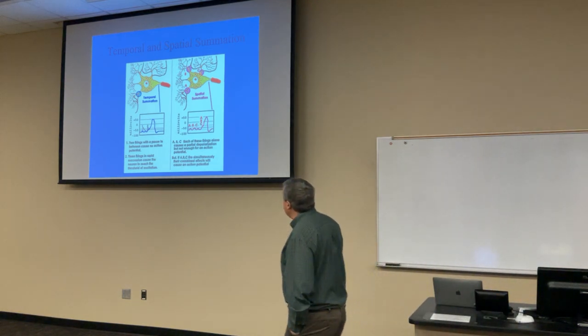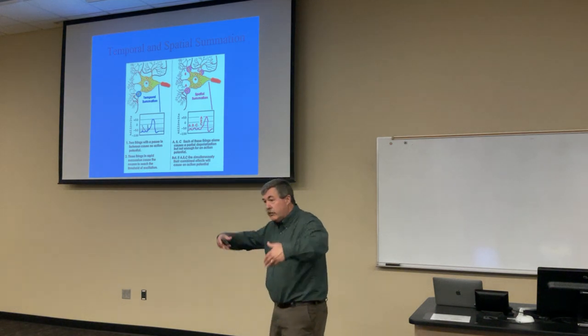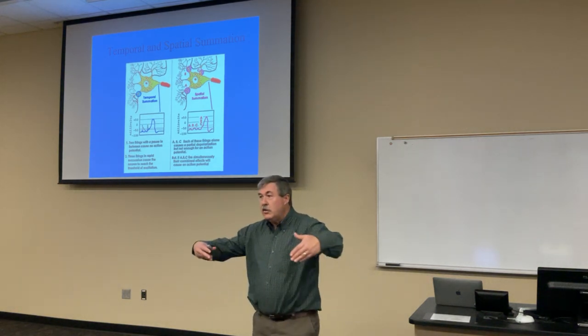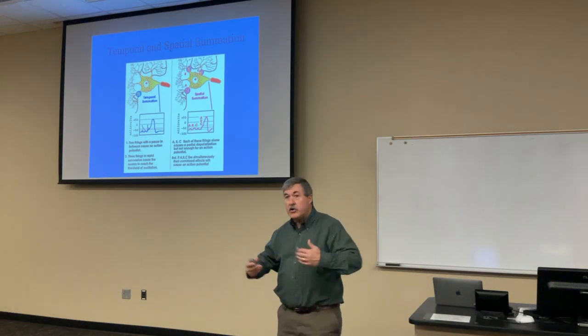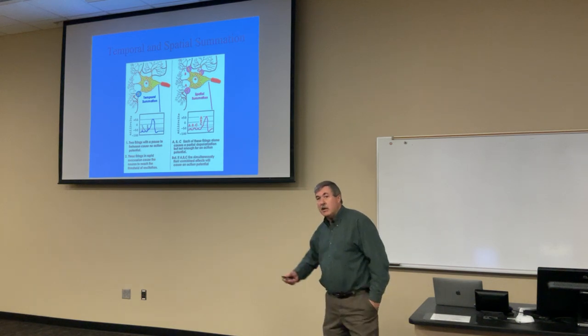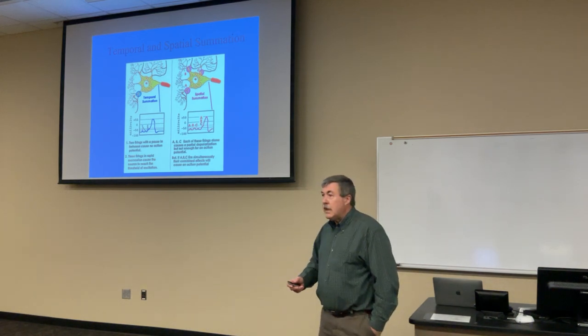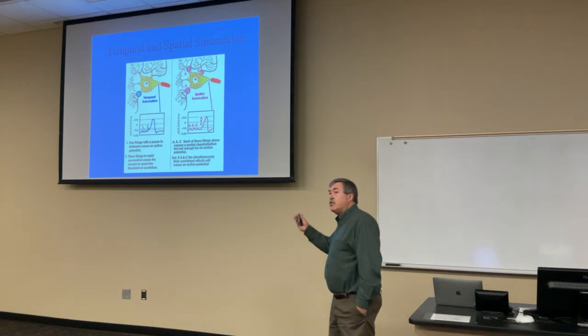So what happens then is each of these will produce a depolarizing local potential, which will spread down to the cell body. Before they get to the axon hillock, they'll combine together, sort of like 2 waves combining when they meet, and that will produce a larger local potential, which may be large enough to exceed threshold once it reaches the axon hillock, in which case it would produce an action potential.